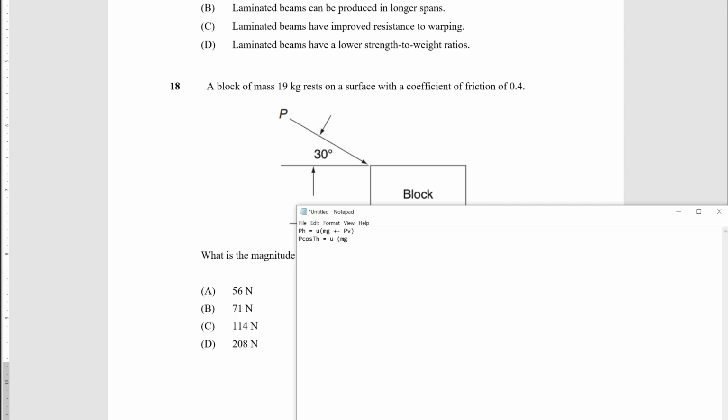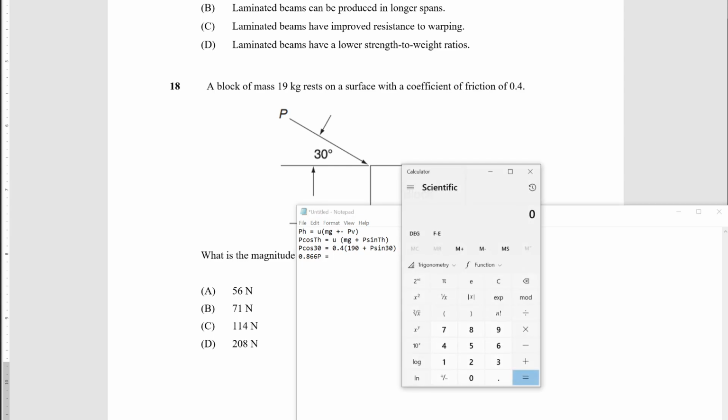Okay, so in this case here, because we're pushing down, we're increasing the weight of the object. So in this case, we're making the block heavier. So we're going to be adding plus PV. And so PV is P sine theta. So we've got P cos 30 equals 0.4 brackets 19 times 10 is 190 plus P sine theta. And so then we can say this is 0.866 P equals,